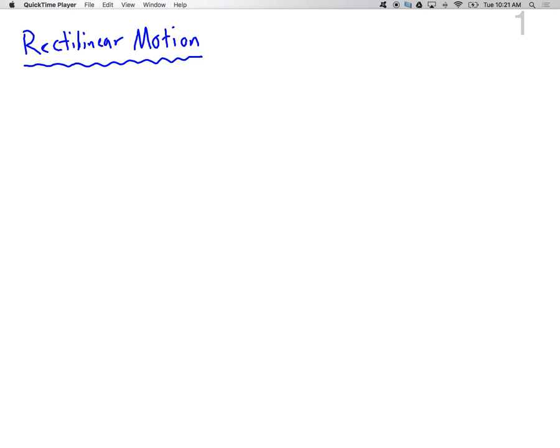We're going to take a look at something called rectilinear motion. It's pretty easy. It's just based on stuff we've already done. So we take the ideas that we've already talked about, which is the fact that if you take the derivative